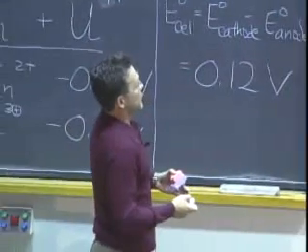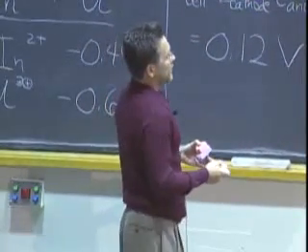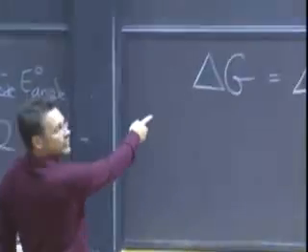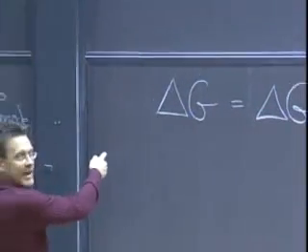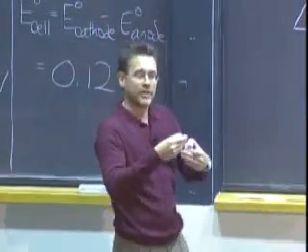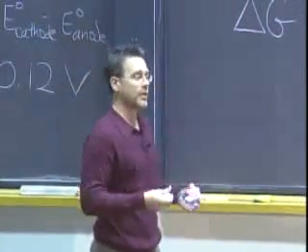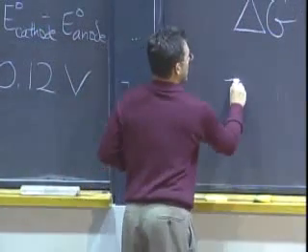And the neat thing is now that we have another relationship for the free energy of a reaction that's related to electrical work. We got that up there. So now we can go minus